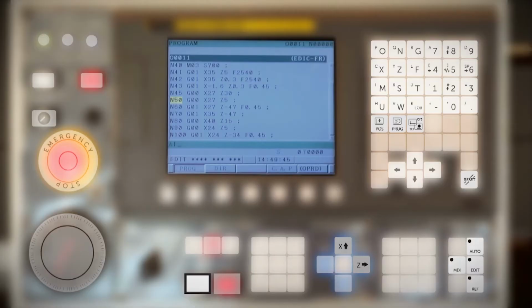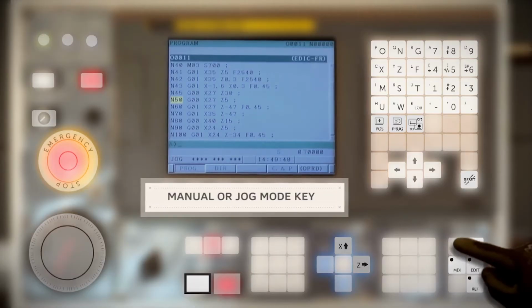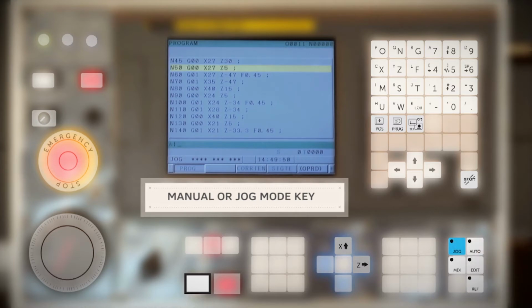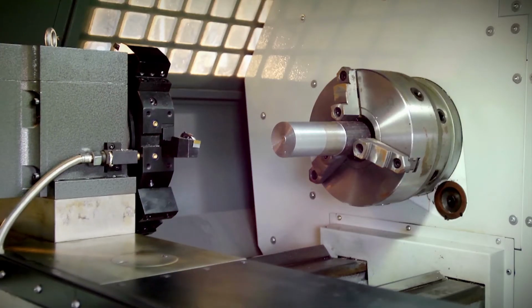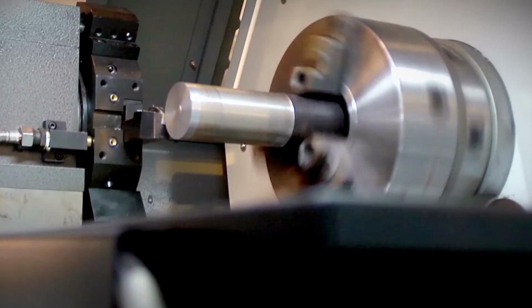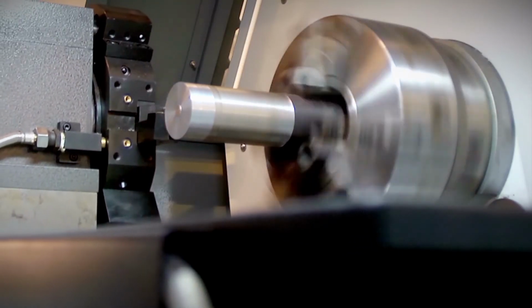We have the jog mode that is activated by pressing the jog key. This allows us to move the axes one at a time from the current position in a positive or negative direction. Normally, the CNCs have two different types of jog. Incremental jog that allows us to move the axes in steps, continuous jog that allows us to move the axes continuously,